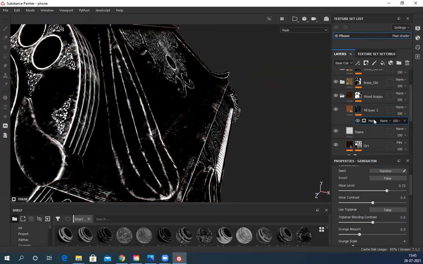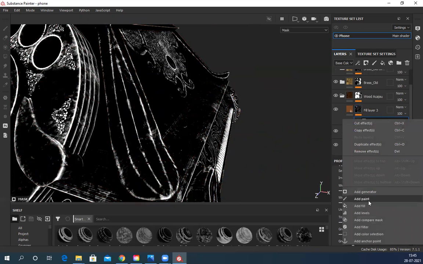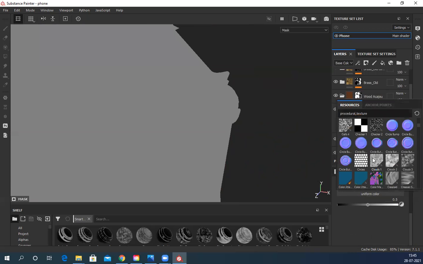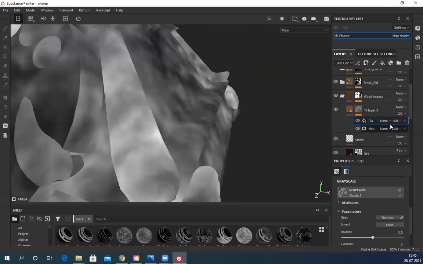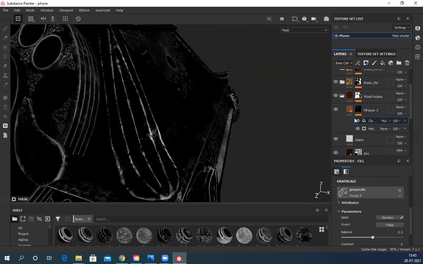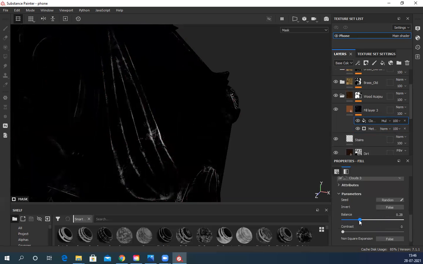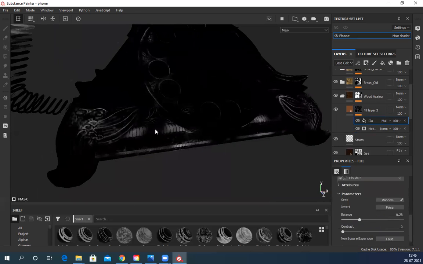So what I'll do, I'll right click, add a fill, and then I'll add some clouds here. You can see we have clouds, and I multiply this cloud with this, like in Photoshop, where we multiply layers to make variation. This is a black and white map. This is again a black and white map. I'm multiplying this cloud with this. So you can see it creates variation. Now this cloud, I can increase it, decrease it. You can see it becomes irregular and it reduces things from everywhere.